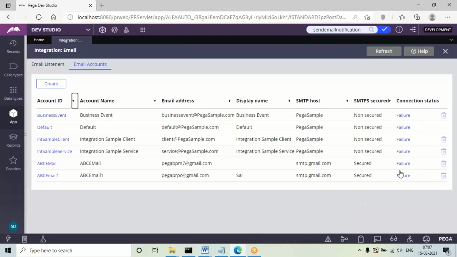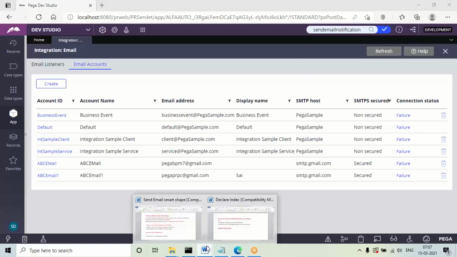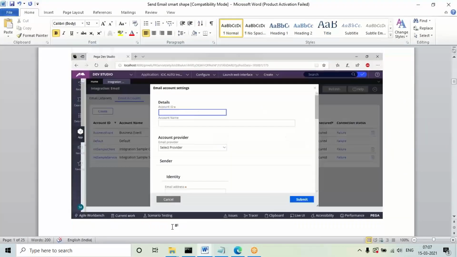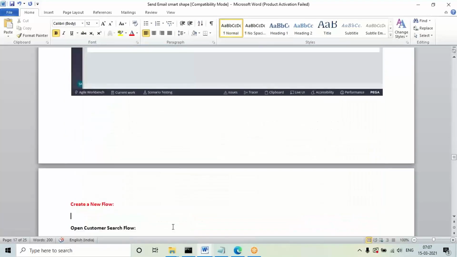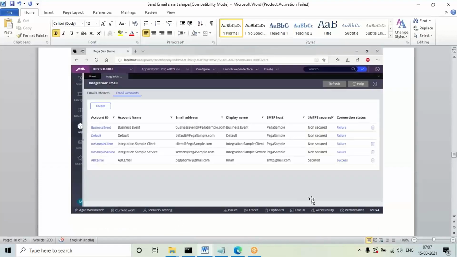Don't worry, in the personal edition you'll get failed, but in real time when you do this, you'll get the success message. Even if you give correct details in your application, in personal edition you'll get a fail. This screenshot is from version 8.1. In versions up to 8.1 and before, it will work in personal edition also, but in the present version encryption is not supported, so sending and configuring these notifications in personal edition follows the Gmail standards. So if you get a failure in personal edition, don't worry, the process is the same.